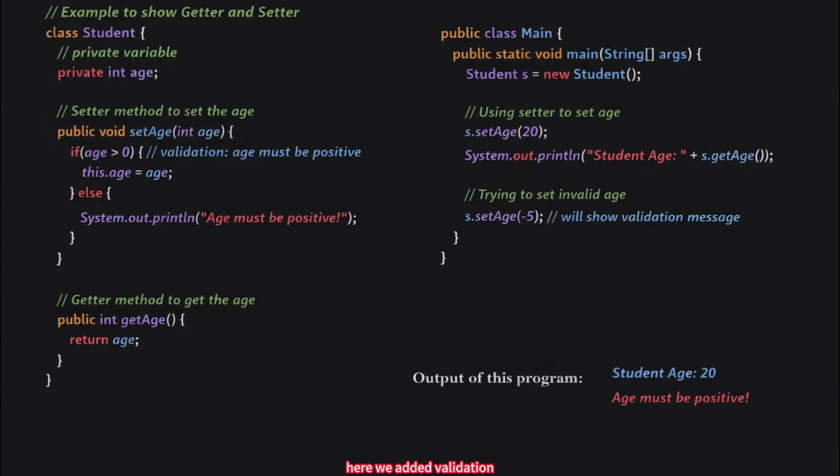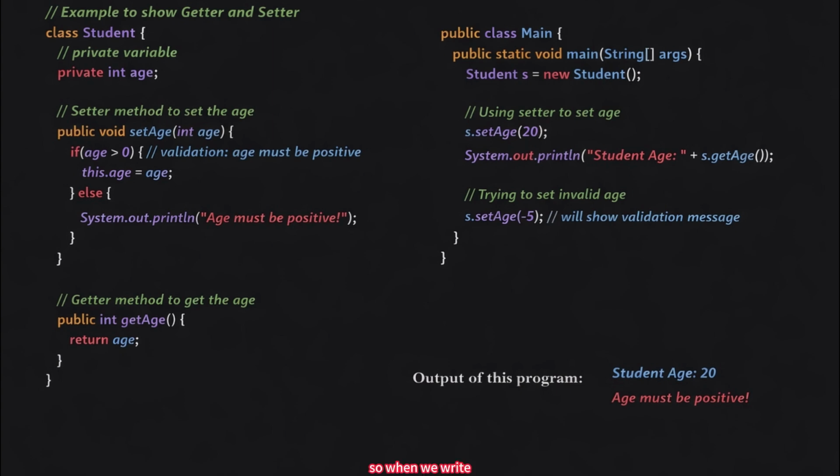Here, we added validation. We check if the age is greater than 0. If the condition is true, we assign the value using this.age = age. Now let's clearly understand this line. Here, this.age refers to the private variable age of the Student class, and age refers to the parameter value passed into the setAge method.